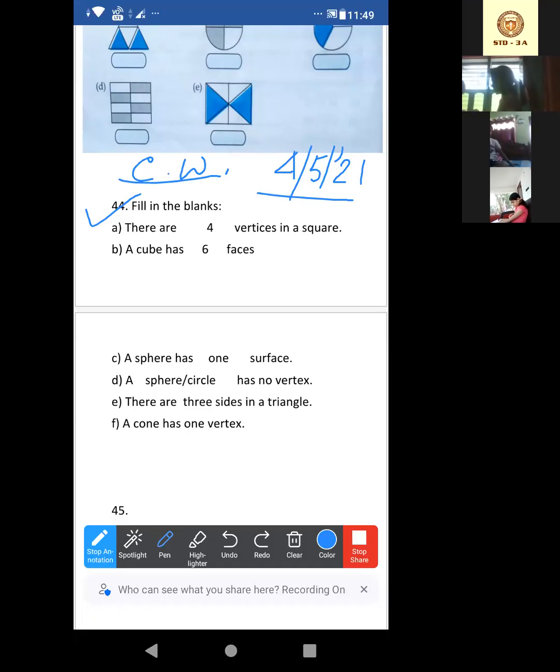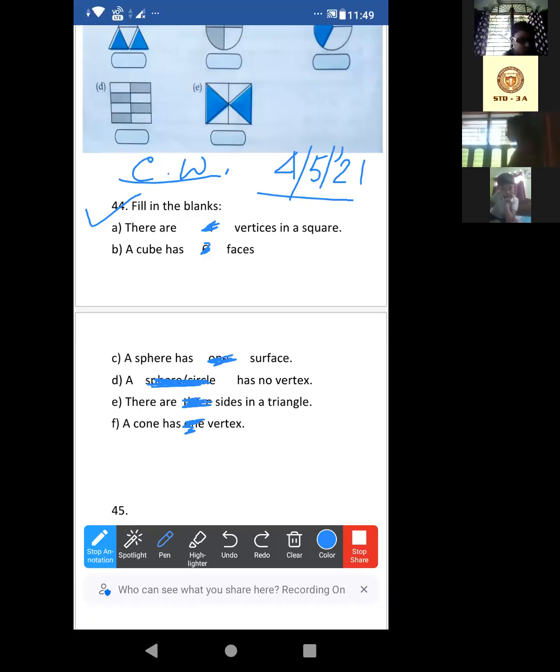Now look, the first one, I'm just covering all the answers. It is already in the book, but you have to write the whole statement in your copy. You are writing in the copy, so just shake your head. Sneet Manna, take out your copy. Where is your copy? Just show me your copy.